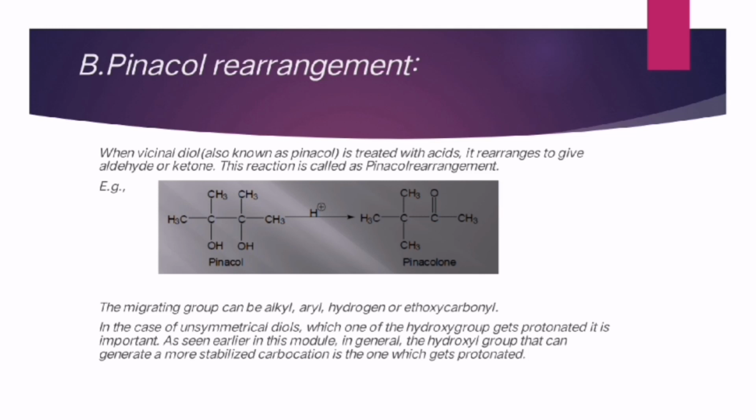After the formation of the carbocation, the alkyl, aryl, hydrogen or ethoxycarbonyl group would migrate from the next carbon to that carbon, which will create an electron deficiency on the neighboring carbon, and this electron deficiency is